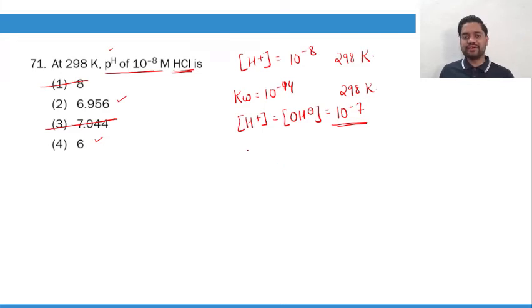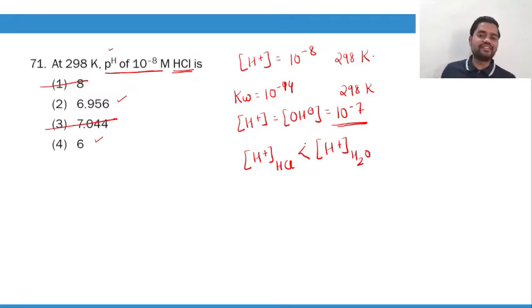can I say that the concentration of H plus ion for HCl is less than the concentration of H plus ion for H2O? Can I say this thing? And since the concentration is less, that means the concentration of H2O should be considered. Since the concentration of H plus ion for HCl is less than that of H2O, that means it needs to be considered. So the net concentration